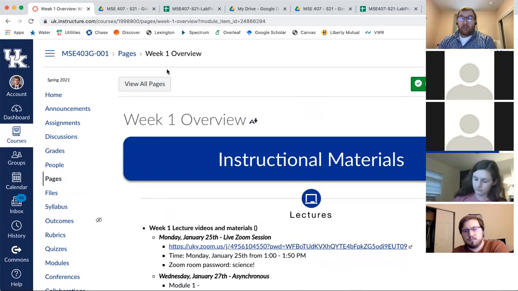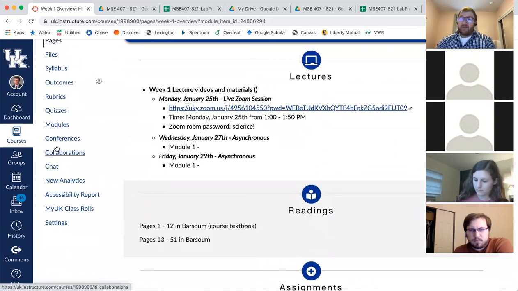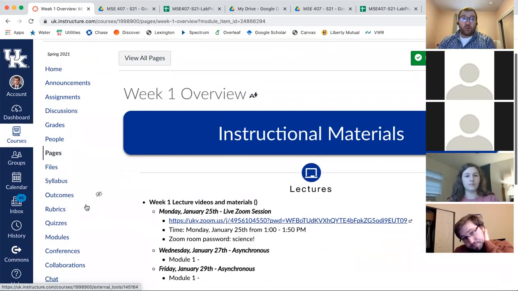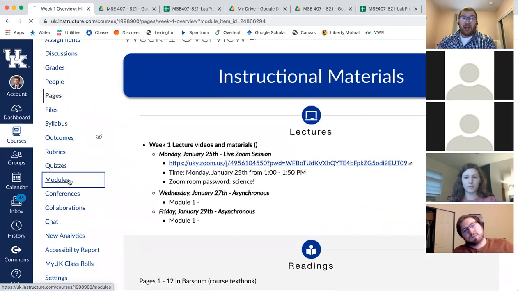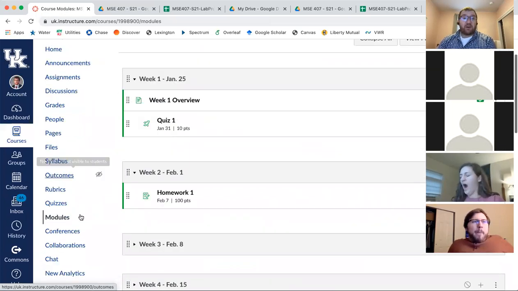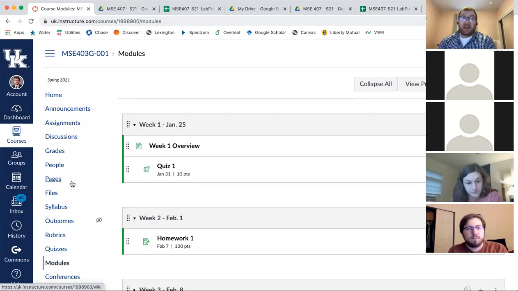So that's how I'm going to lay it out for the given weeks. And I'll typically send out an email letting you know when things are posted for that week, so you don't have to just keep looking. So that's how I'll lay it out for each week in the module structure. Okay, and then there's a bunch of other stuff too, but those are going to be the main things that you're going to want to look at for